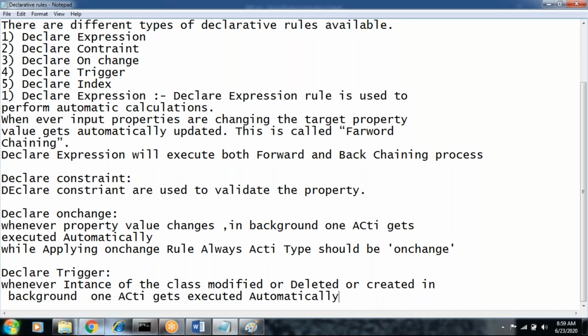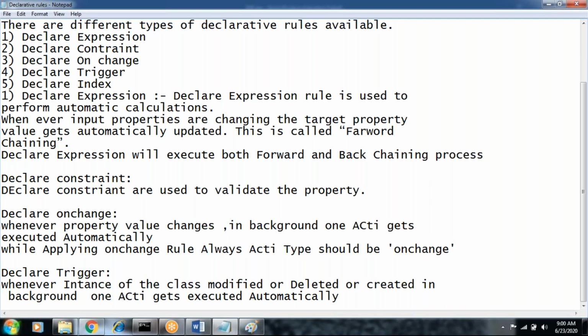Let's say a bank account: the customer withdraws an amount at an ATM. You get a message from the bank saying you withdrew some amount and your available balance is this, some alert message, right? Meaning if you hit the database, then automatically one activity runs in the backend. That activity sends alert messages to the customer. So that is nothing but a declare trigger.